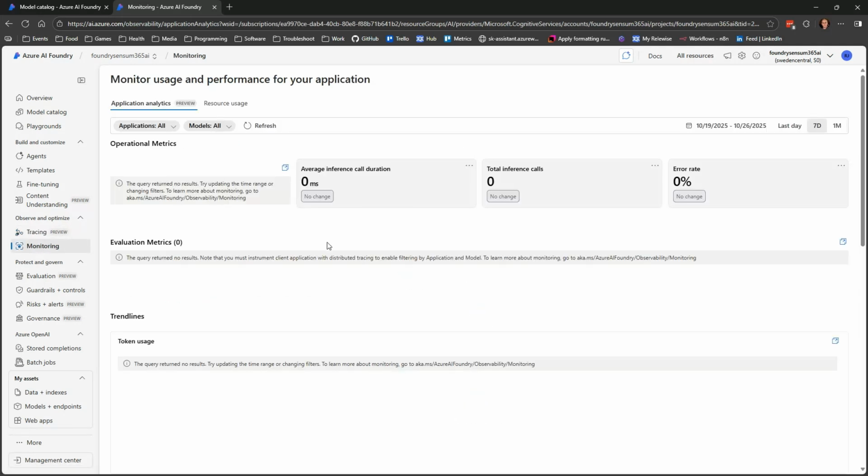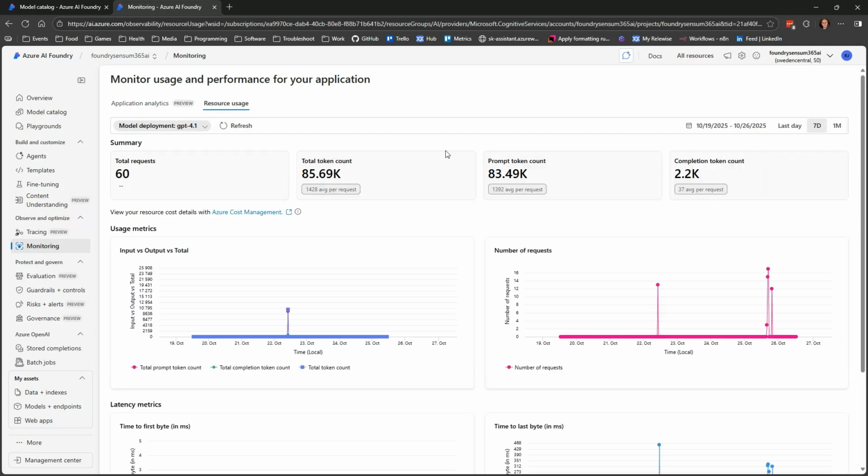Monitor applications, and for some reason I can't get this to show anything at any point. I think it's broken. But the idea is that you should get some analytics, because applications by themselves don't really know a lot about AI. So they have built this on top. You can go and see resource usage on the different models, but you can do that in a better way in my book down here at the endpoints.